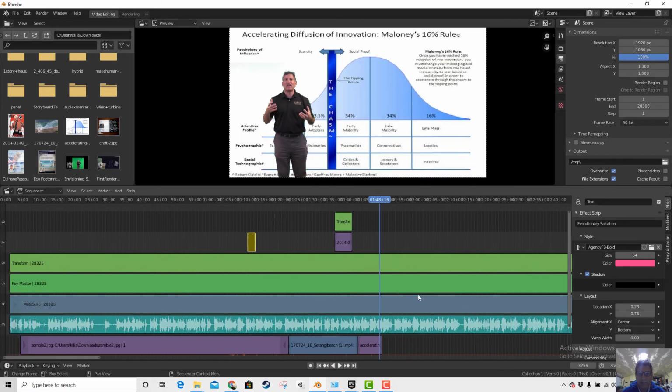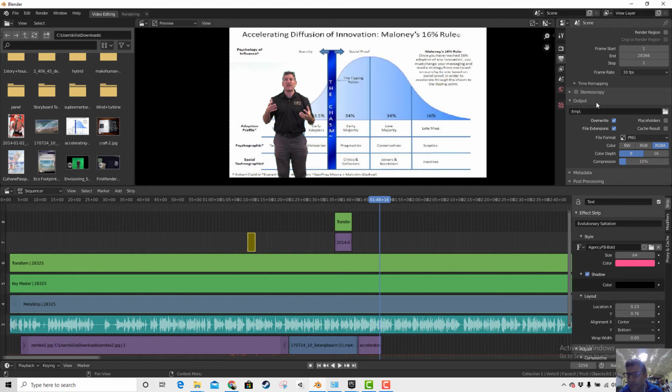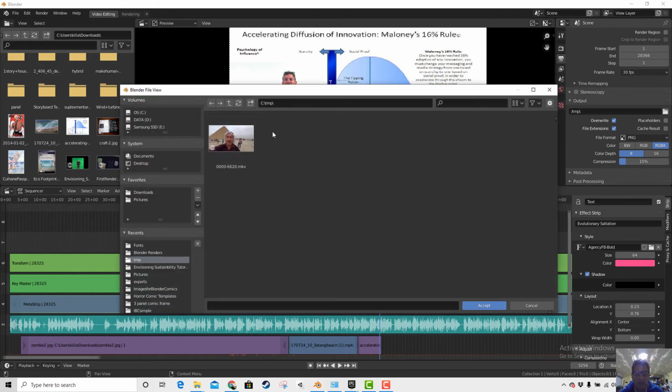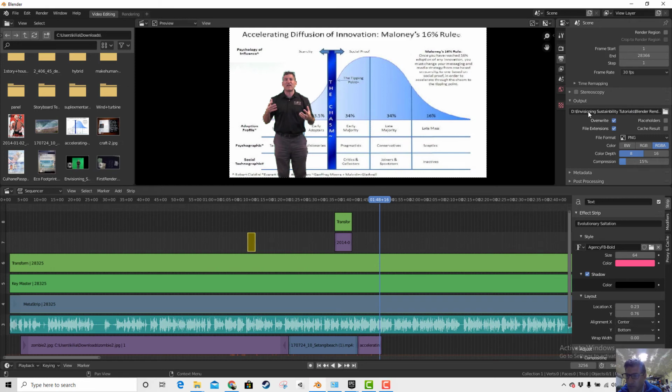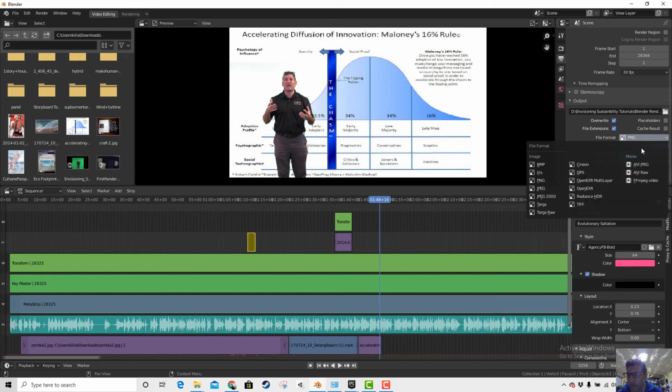And when you're ready to render, then you would go to this tab here that shows like a printer, and just make sure that you have an output folder that you want things to go to, and for my money, it's got to go to Blender Renders. And then if you have audio in it also, find that folder and say accept, and then it changes over here, the output folder. You don't want the file format to be PNG because it'll be just pictures, like thousands of pictures. So you want to do movie, and you would do an